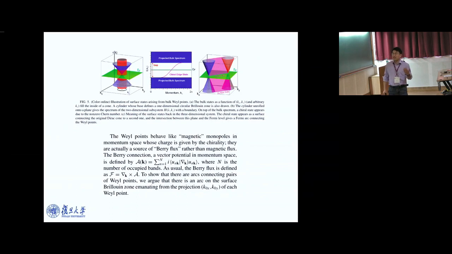So when it comes to the definition or the notion of chirality of Y nodes, suppose this is the Y node. So this is Kx, Ky, and energy. There is a linear band touching at some point in K space. So this is linearly dispersive. Now you choose a